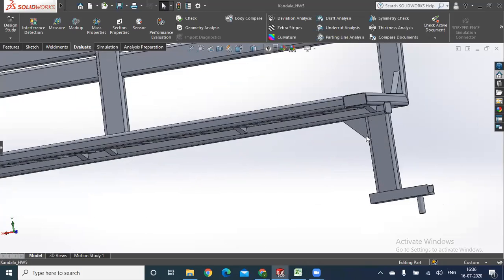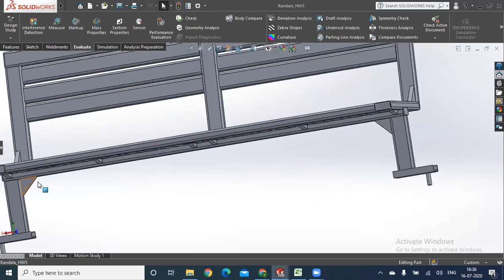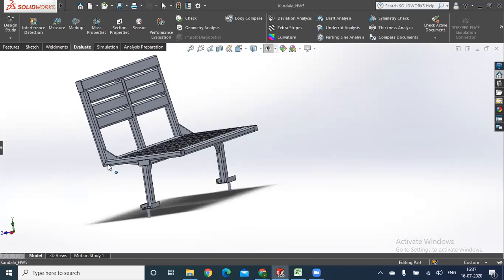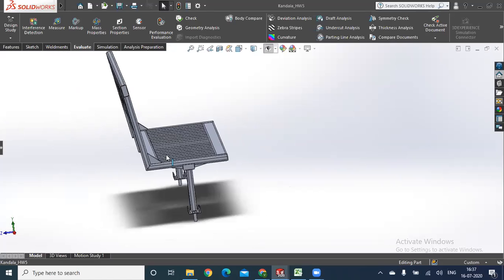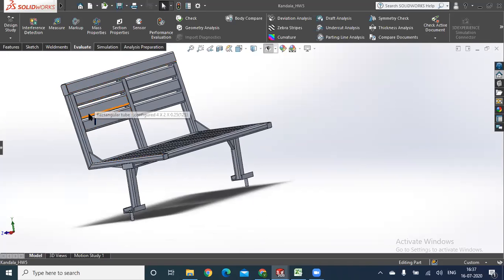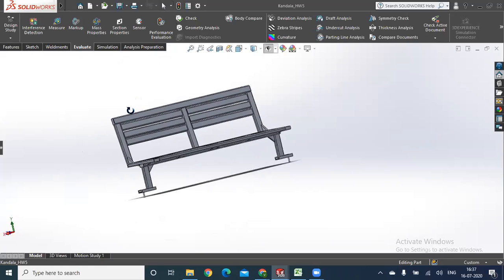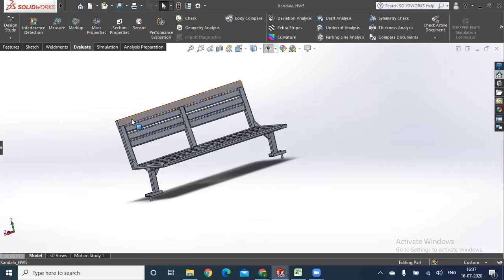And so I made sure that I added gussets for structural integrity everywhere wherever possible, here and here. And so here I have an angle of 105 degrees. Again, this is an ergonomics feature because you don't want the user to be sitting upright on it if they are going to use it for more than 60 minutes. So I made sure that there was a small 10-degree angle here, and also made sure that there is good shoulder support. This chair supports until the shoulder, and also there was good back support here.